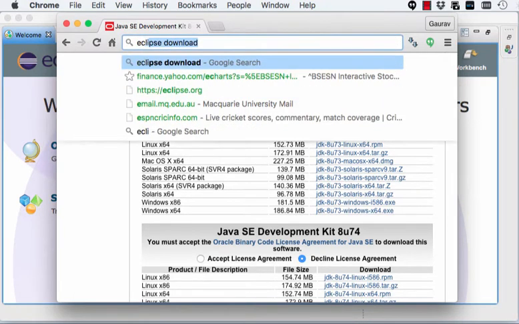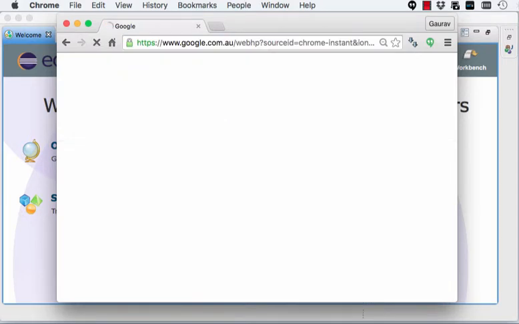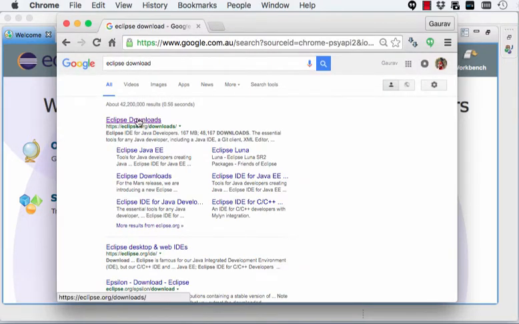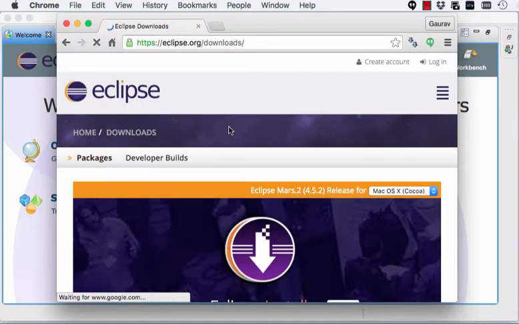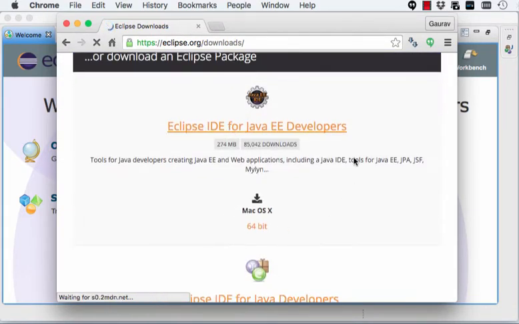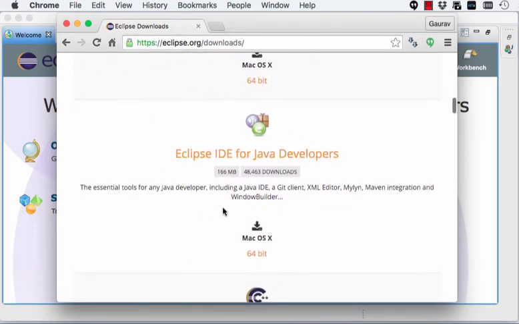Once you've done that, you install Eclipse. The first link takes you to the Eclipse website. The one that you want to download is not Eclipse IDE for Java Enterprise Edition, no. The one you want to download is Eclipse IDE for Java Developers. So once you download and install it